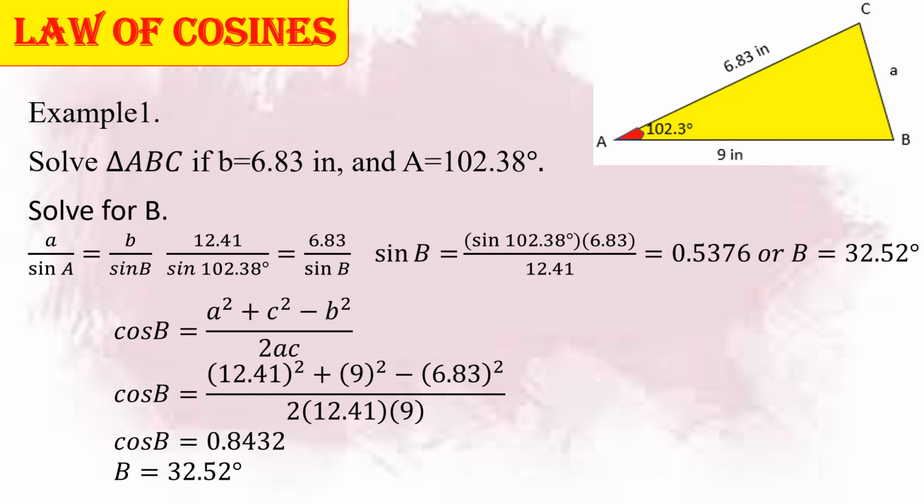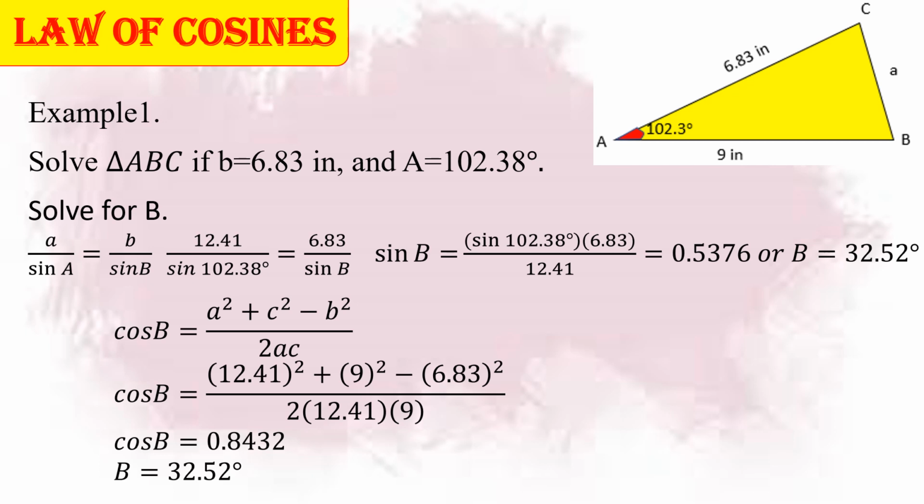Ayan, 9 squared minus the value of B, which is 6.83 squared,